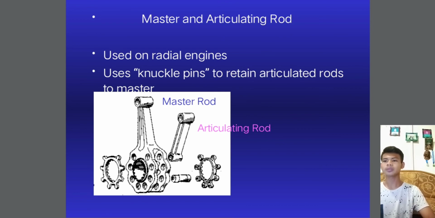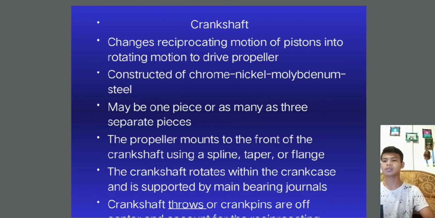Crankshaft. Changes the reciprocating motion of the piston into rotating motion to drive the propeller. Constructed of chrome, nickel, molybdenum steel, may be one piece or as many as three separate pieces. The propeller mounts to the front of the crankshaft using a spline, taper or flange. The crankshaft rotates within the crankcase and is supported by bearing journals. Crankshaft throws or crankpins are off center and account for the reciprocating motion of the piston. Crankshaft main